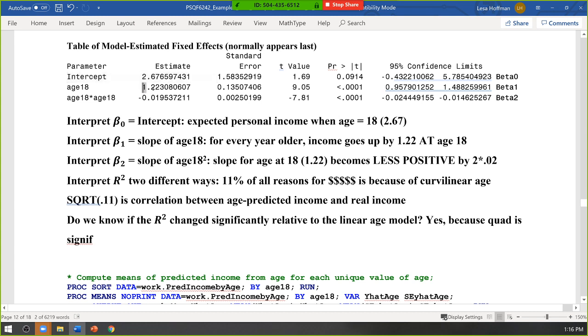It goes up at first. So the slope at age 18 is 1.2. That means, as evaluated at that part of the curve at age 18, for every year older you are, you make $1,200 more. But that's not constant. It's not like $1,200 a year for the rest of your life. The quadratic is working simultaneously to take that positive slope and slow it down. So this combination of a positive slope of age at 18 paired with a negative quadratic coefficient for age squared, that's a less positive